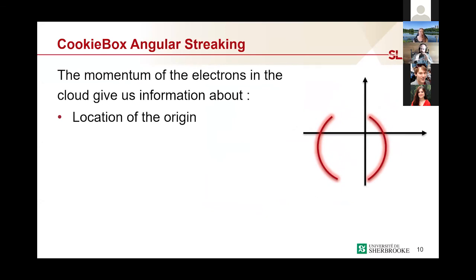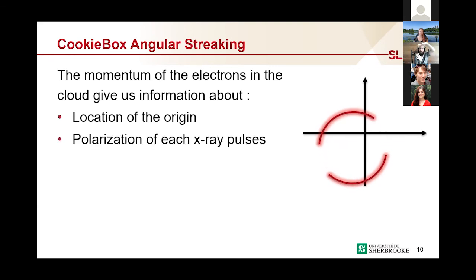And so the circular polarization makes one cycle around the clock every 3 femtoseconds if we're using a standard laser. But we can change the wavelength of the optical laser in order to effectively change the rate that the clock hand spins around the clock. And so this gives us the time of that particular photoionization event. And then based on the shape of this, are the lobes oriented like this or are they oriented like that? That can give you the polarization of that particular